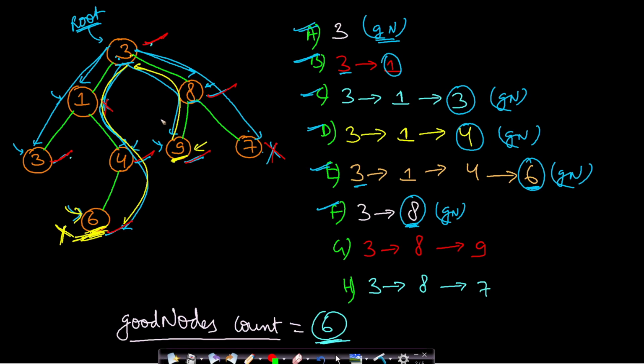Now, having known the optimization, how do we keep track of the counts? Okay, we know how to solve it now. But one more thing is how to keep track of the good nodes. We know how to find a good node, but how to keep track of the count. So if you see here, if I ask you the question, how many good nodes are there in this subtree?